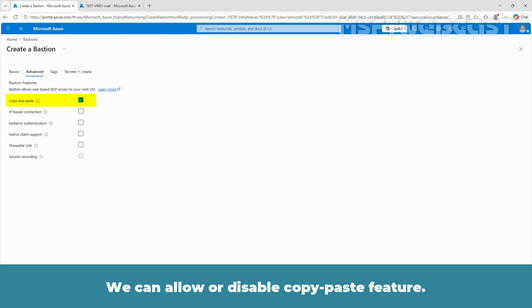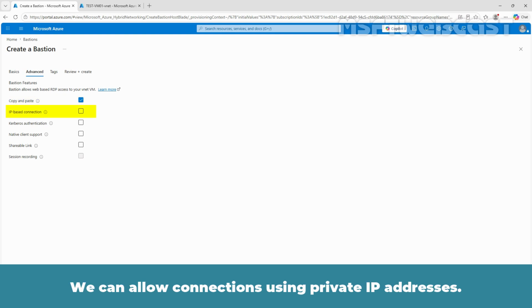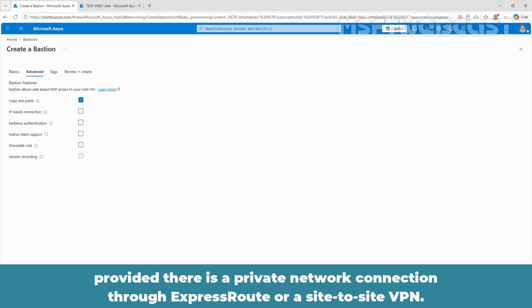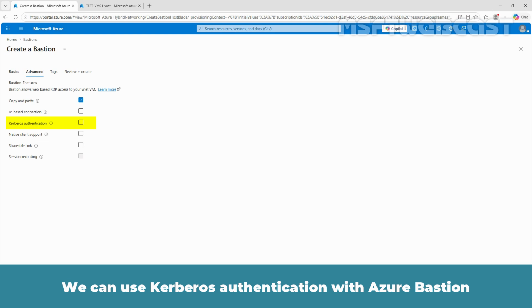We can allow or disable the copy-paste feature. We'll leave it enabled. We can allow connections using private IP addresses. This can be used to connect to on-premises computers, provided there is a private network connection through Express Route or a site-to-site VPN. We can use Kerberos authentication with Azure Bastion if there is connectivity to a Windows domain